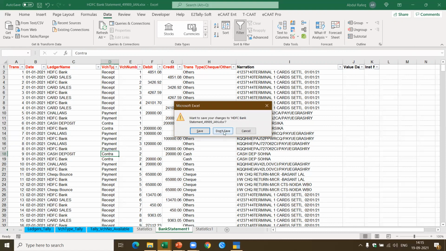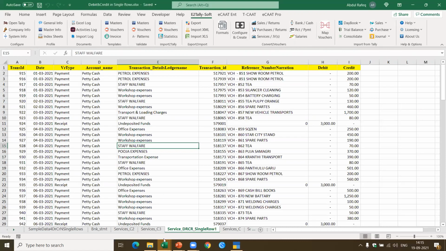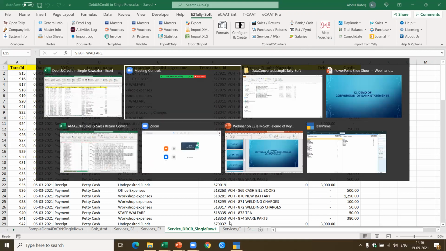Which means you've got cash. Similarly, if you've got cash and you're reporting cash also, in case of a contra, that will be a duplicate. You have to ensure that it is imported only once. So what you could do is import it and then delete that duplicate transaction. Now let's come back to the presentation.